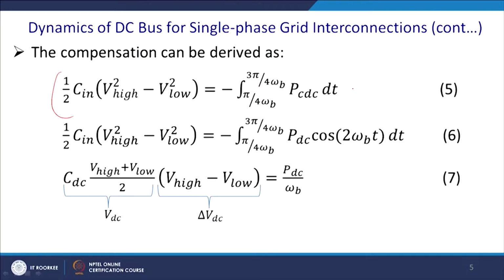Similarly, half C in (V square minus V low square) is given by the same value, pi by 4 to 3 pi by 4, and thus you can multiply this